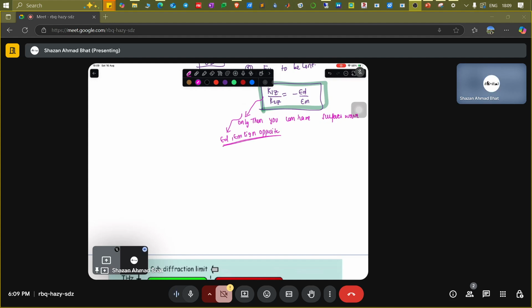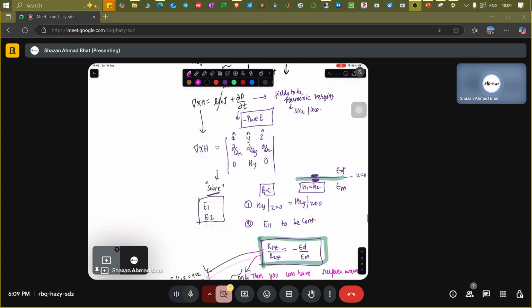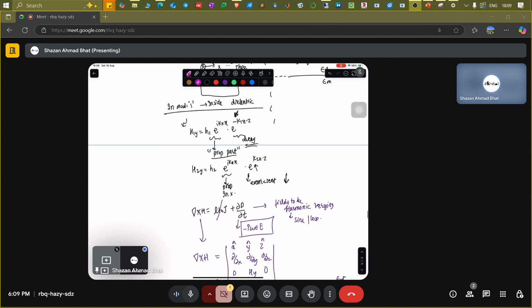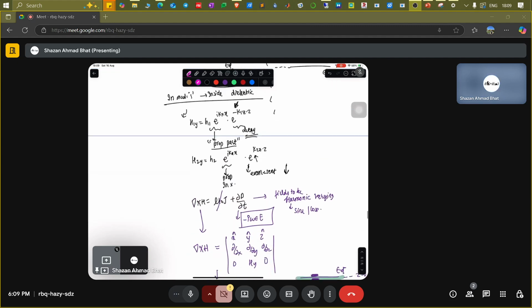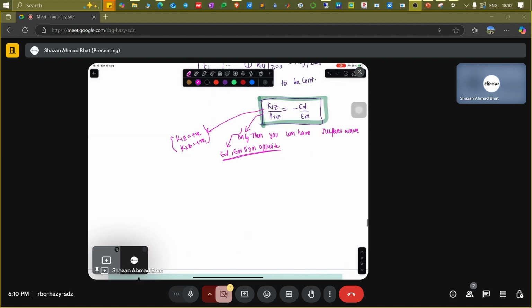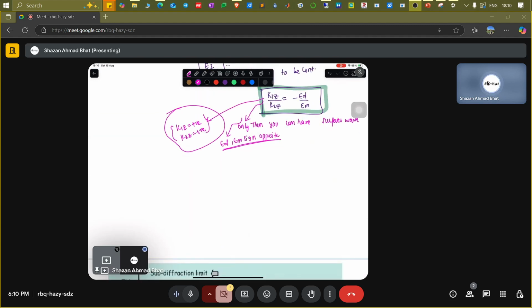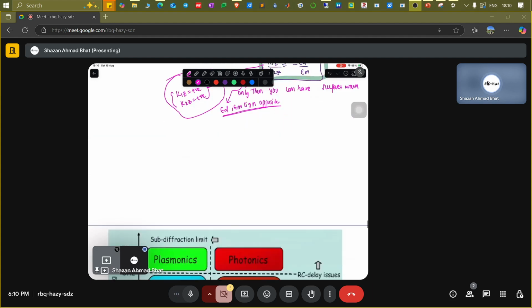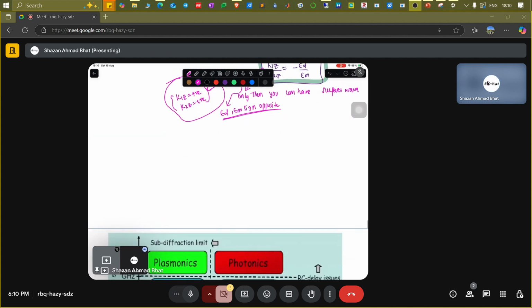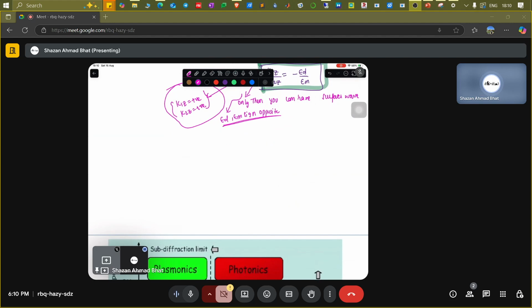Okay, only then both of them will be positive. K1z will be positive and K2z will be positive. What happens if they are negative? That is what basically if you see here. Okay, only then these both of them are going to be negative. Oh, sorry, positive. So now if we combine K1z and K2z, we can write basically Kx square to be equivalent